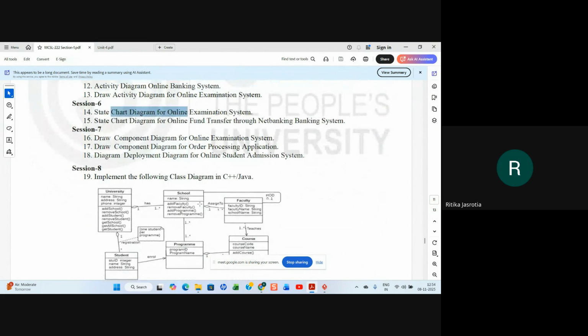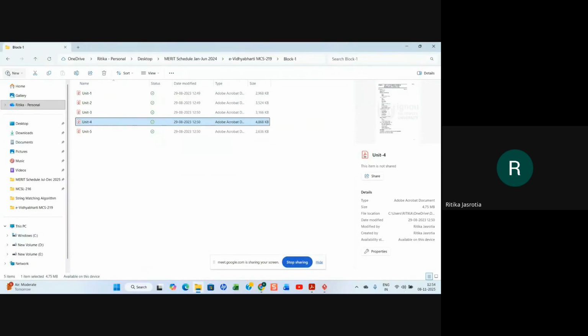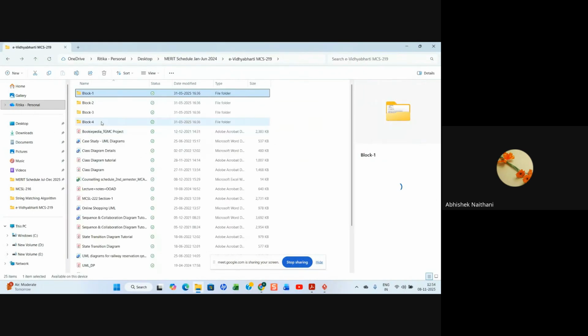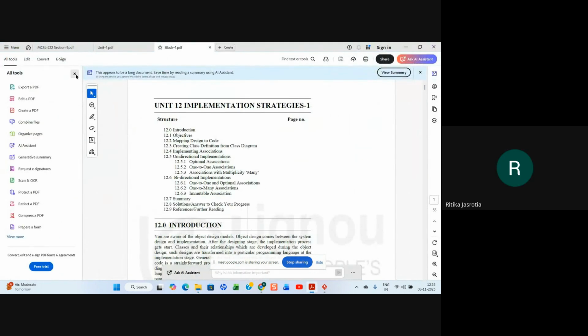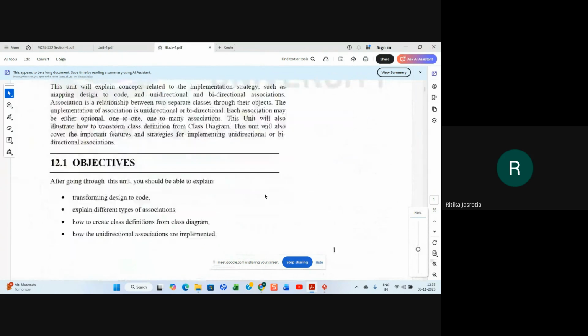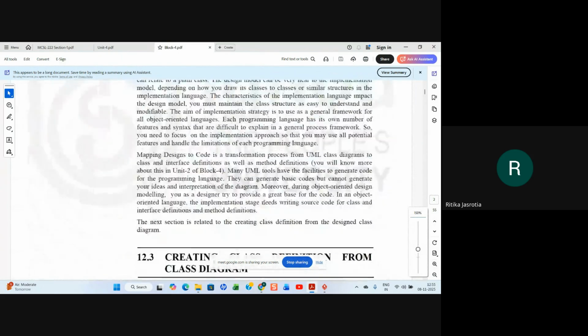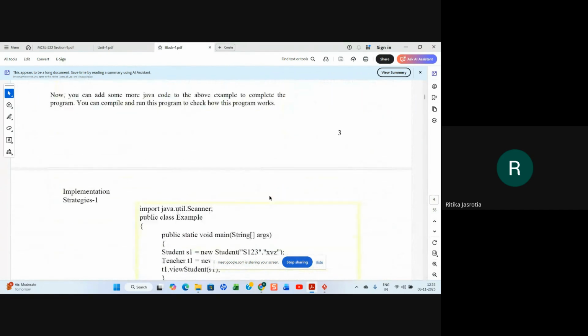Right? Then we will go to this session number 8, which is this. We have covered a little bit of the 4th block, which is this one. So simultaneously, we will be doing this 4th block, right? So we will be talking about how to convert that class into code or something like that.